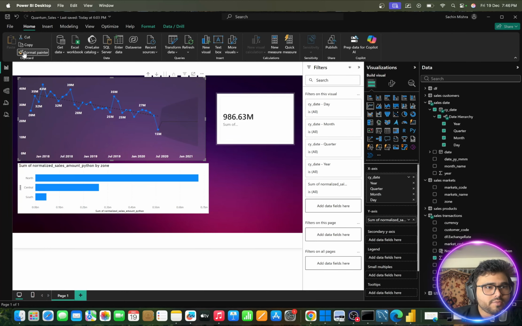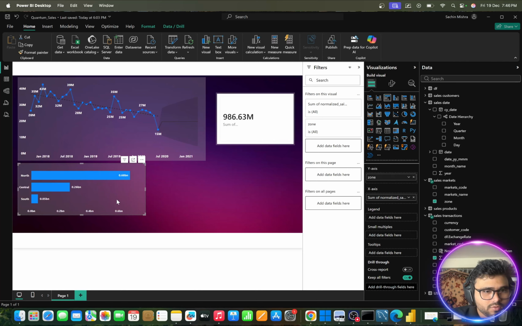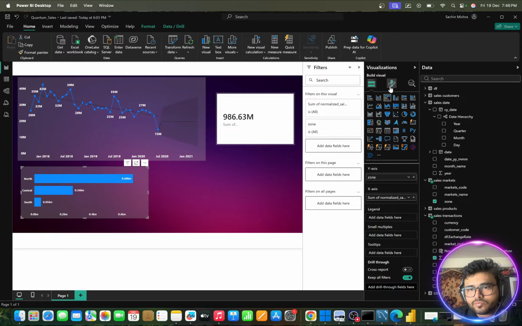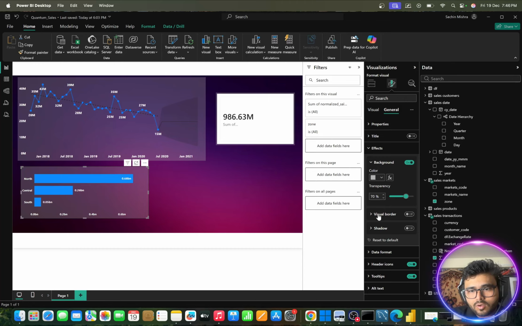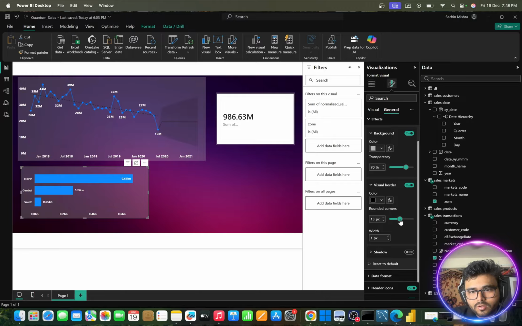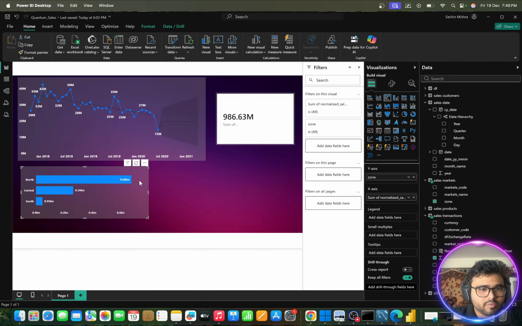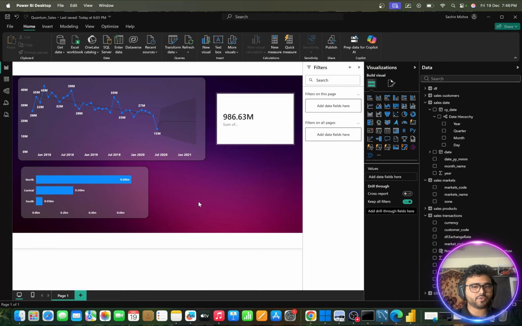Let me click on this format painter and apply it over here. You see this is coming properly fine. All right, and also let's make the edges a little bit visual border. Let's turn it on, and let's increase the pixel so that it will have in this format. Now I will click on this format painter, click on this, so that this will also have a nice visual. Okay, this looks good. And also let's increase this size even further